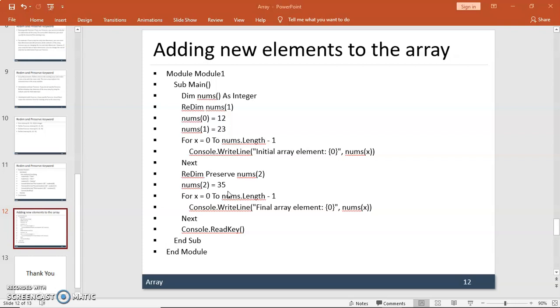A static array holds a fixed number of elements. We cannot change the size of a static array during execution. But in a dynamic array, we can change the size during the execution of the code. We can change the size of the dynamic array using the ReDim and Preserve keywords. If you use ReDim with the Preserve keyword, Visual Basic copies the elements from the existing array to the new array. If you do not specify the Preserve keyword with ReDim, then ReDim initializes the elements of the new array by using the default value of the array's data type.